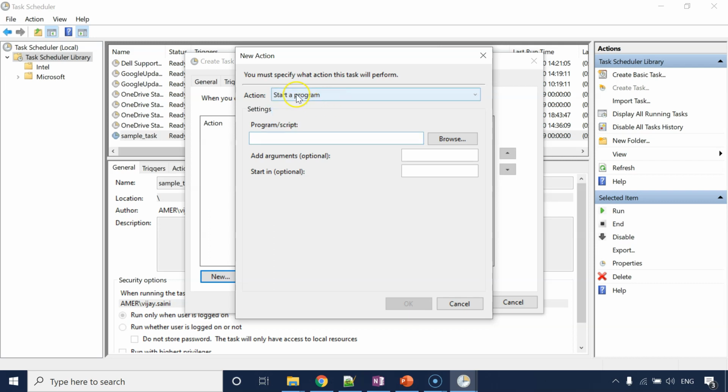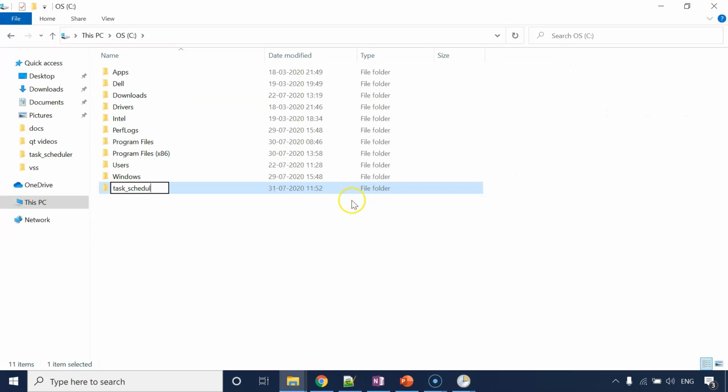So start a program we can pick, and then we can define what program we want to execute. It could be a direct reference to some application executable which is available in your system, or you can specify the path of your script that you want to execute based on the schedule. So let's see how we can set this up.